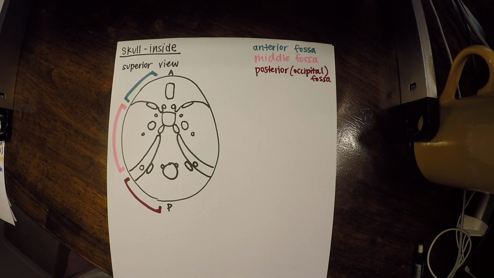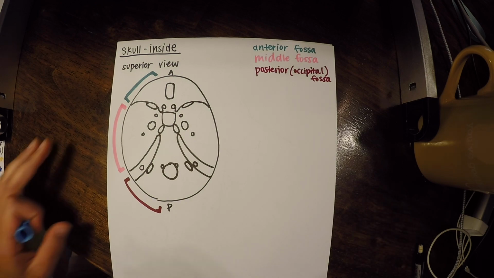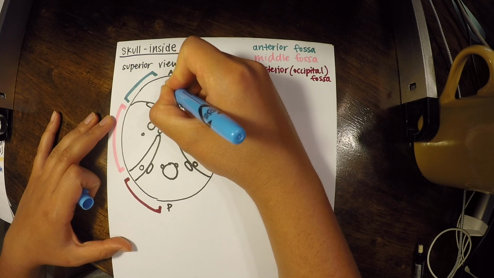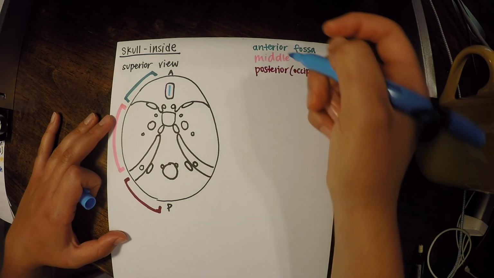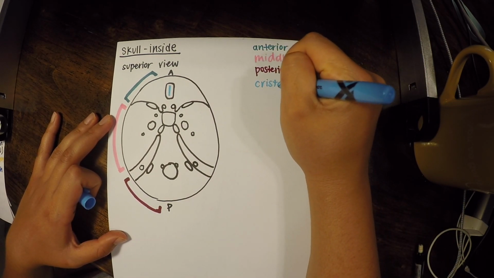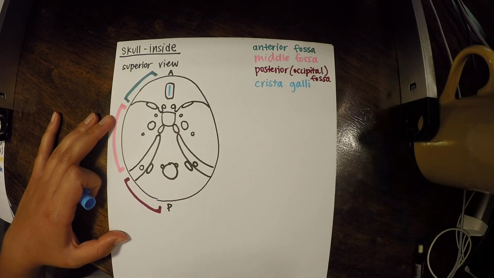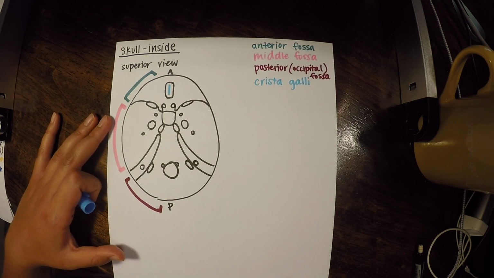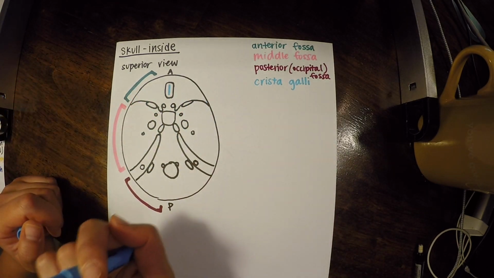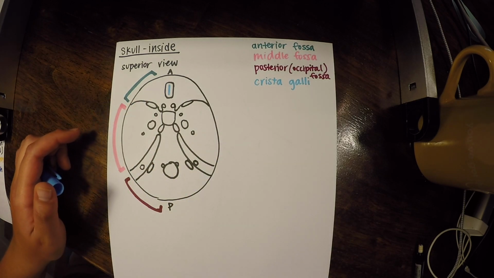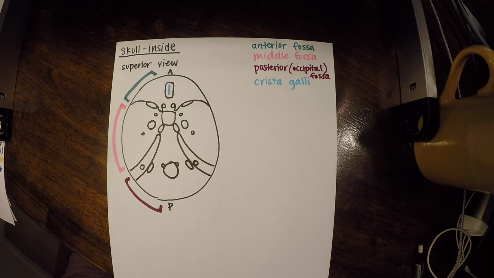Alrighty, we're going to label a few more things. You have a little piece of bone right here that sticks up right in the middle. That is going to be called the crista galli. That actually means the crest of the rooster in Latin, which, you know, anatomy is basically all Latin. Basically it sticks up in the air and comes out towards us, so it comes out superiorly. It kind of looks like the top of a rooster, if you picture that in your brain.